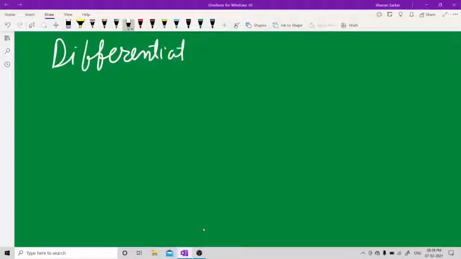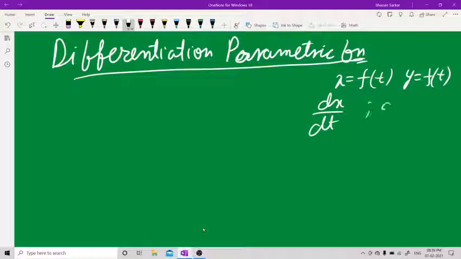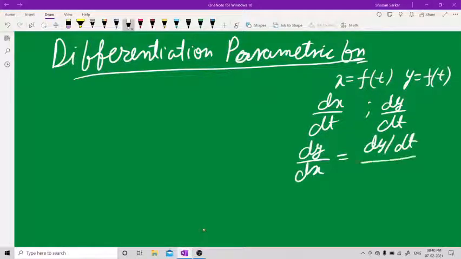Differentiation of parametric functions. Now, what do you understand by parametric function? See, x will be a function of some variable t, y will be a function of some variable t. You will find dx/dt, then you will find dy/dt, and then dy by dx would be equal to dy by dt divided by